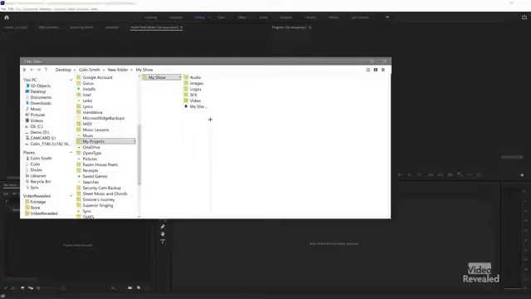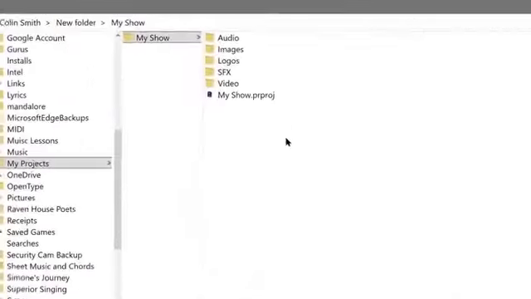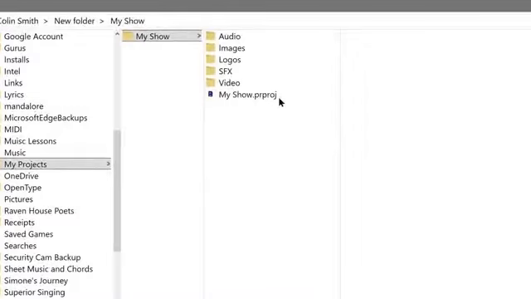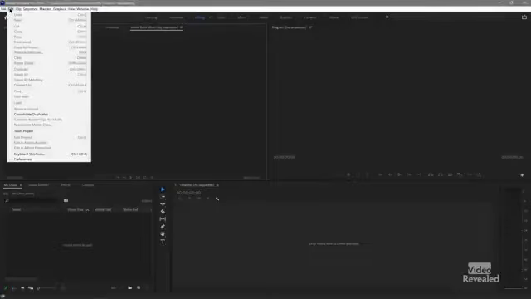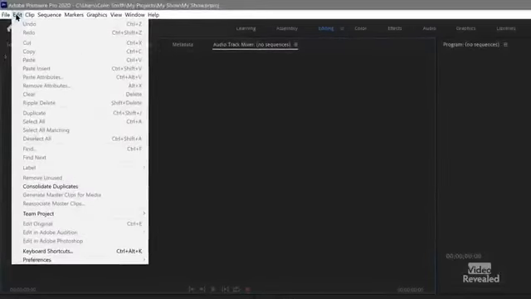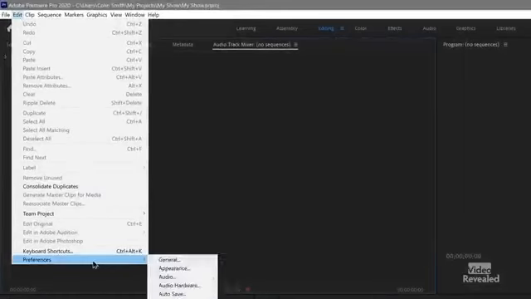If we go back to the folder, you'll see there's my project inside the My Show folder. Premiere Pro is going to create an auto backup. It does this automatically. But you should also turn on backup to the cloud. You're not backing up your media. You're backing up the project files, which aren't very big at all. In the Edit menu on Windows, the Premiere Pro menu on the Mac, Preferences, Autosave,